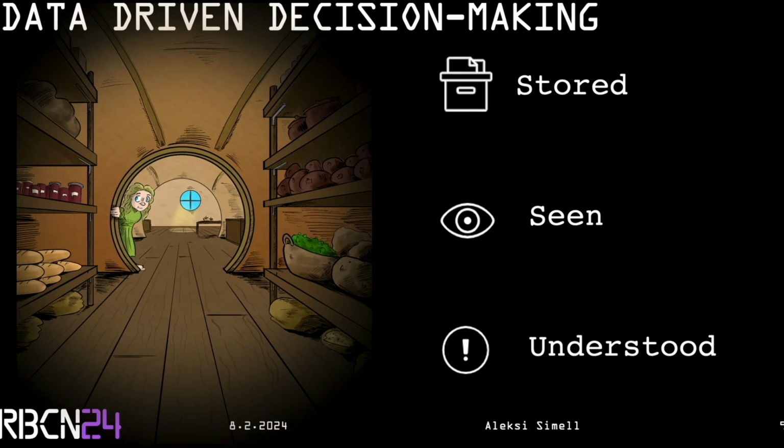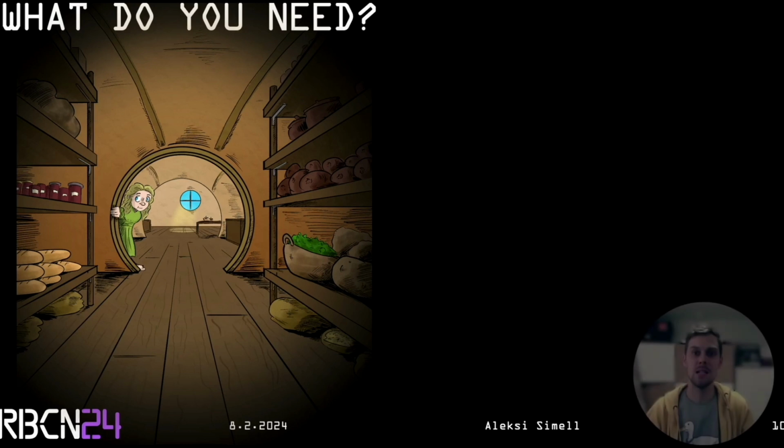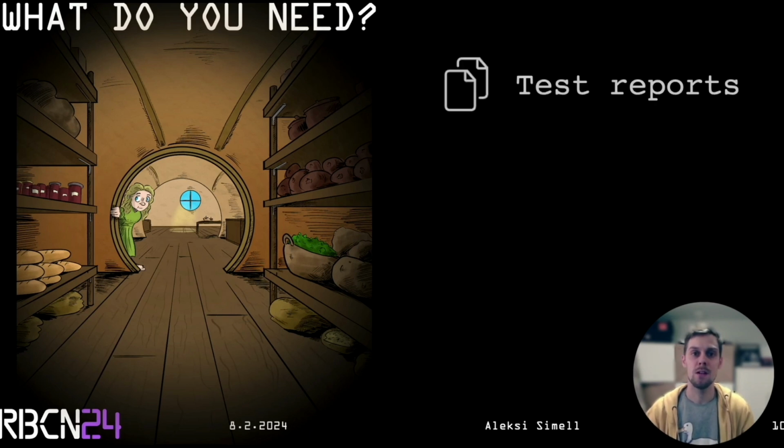Well, that's the basics of data-driven decision making. And what do you need to actually make data-driven decisions? Well, luckily, the answer to that is very, very simple. You only need 3 things. Well, tools, things, items. I'll just call it the list of 3. So you need a list of 3 things. First, and hopefully you all already have this, you need your data, which in this case is your test reports. Without data, there is no data-driven decision-making. There is just decision-making. So you need your test reports, you need your data.